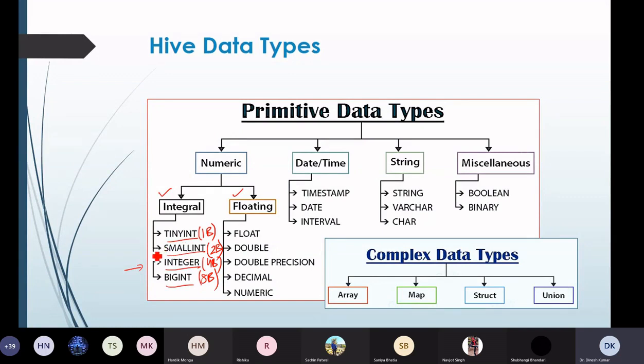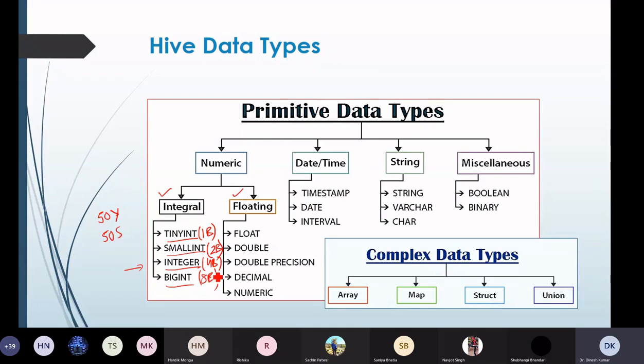In that case, you have to put symbols behind the integer value. For example, let's say we have data 50 that you want to declare, and this data takes less than 1 byte. So we can put Y behind it, or we can put 50S behind it.